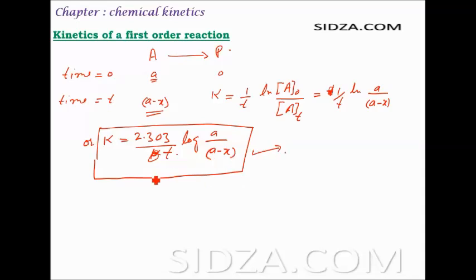If you know the K value, you can also find the time for the reaction to get completed up to some extent, right? Suppose you know the time, you can calculate from the rate constant K if you know the initial concentration and the concentration after time t, right? So you can find the time taken by the reaction to get completed. Okay,